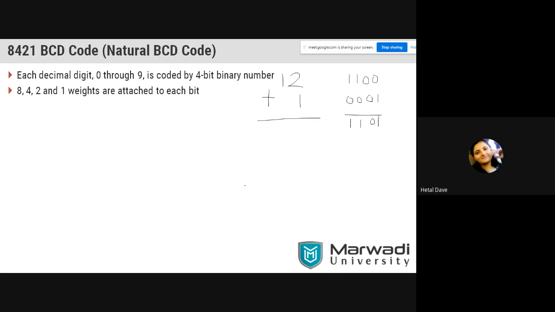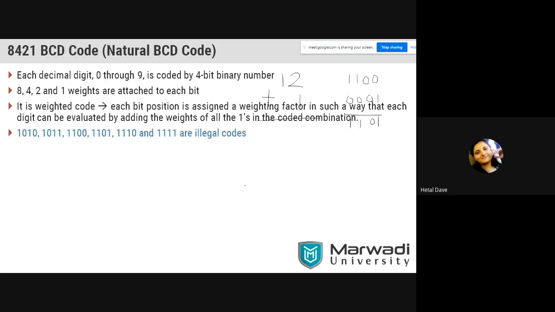So here, the weight is 8421. Although I have told you a short method to convert decimal to binary, remember, it was a short method. It is not the official method. But if you want to calculate fast, then I can use 8421. But here in BCD code, 8421 is the official method. What is this and how can we use it? I will explain this line colored in blue after making one table, so I am highlighting that this line should be explained later.